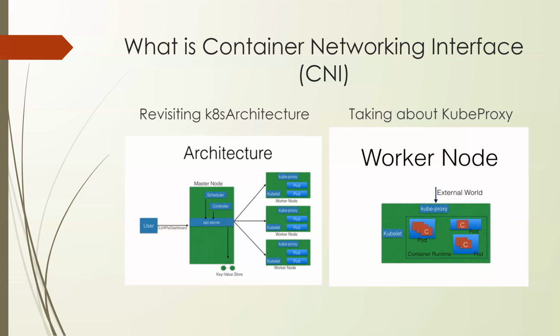They interface with the external world through kube proxy. The external world routes or attempts to access through kube proxy, which has an external interface called node port. Given a node, we have to be very cautious when we say node. Node may mean a VM, node may mean a bare metal host. Therefore, when we talk about node, it is a generic term for the server, which is what in OpenStack we call a server. A server can be a VM or a physical server. Same way here, a node can be a VM or a bare metal host.